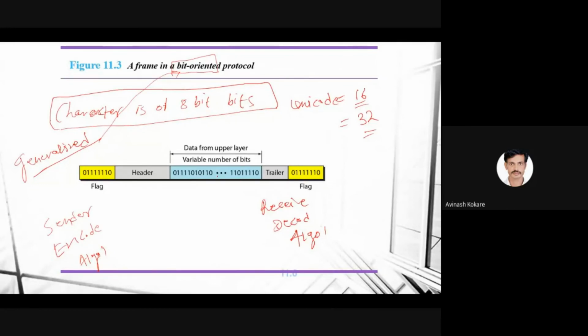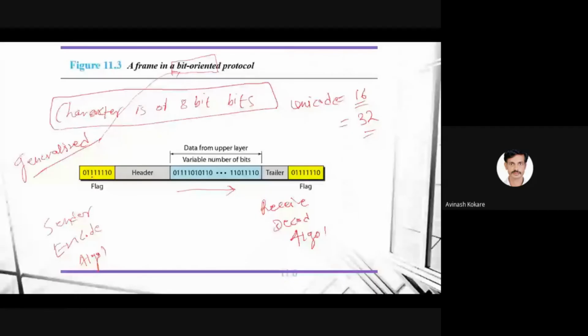So there will not be any byte or character here. It will simply be a sequence of bits. Now, a flag is used to indicate the starting and ending of a frame. The flag is 0, 1, 1, 1, 1, 1, 1, 0, that means a zero, six ones, and a zero. Whenever the receiver gets this pattern, it will assume that this is the start or end of the frame, and it will try to separate out the frames from this position.